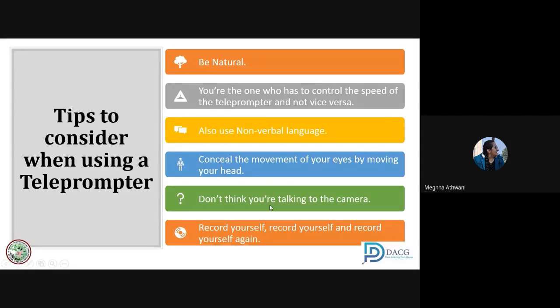Don't think you're talking to the camera. ये problem मेरे साथ भी हो चुकी है. It's a personal problem. When I tend to take an online lecture, I tend to look at the camera, which is not okay. Do not look at the camera. I have learned it through practice. You don't have to look to the camera. You have to look as if you're talking to someone in front of you. Just imagine that you're talking to a student sitting in front of you, and you have to explain that student everything. Staring into a camera will only make you wonder कि इसको समझ में आ रहा है कि नहीं.